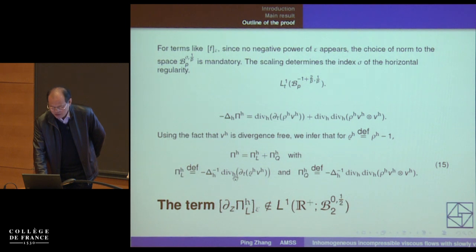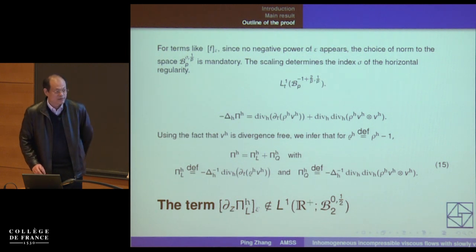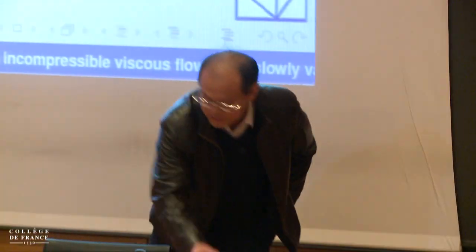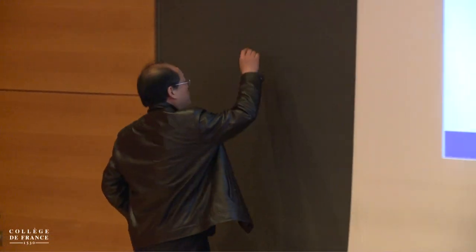Here we can prove this term indeed belongs to this space, which means, because of this operator, that for the x_h variable, partial_t rho_h v_h has to belong to the B^{-1}_{2,1} norm in this space for the x_h variable. So if this is correct, we need to prove this product